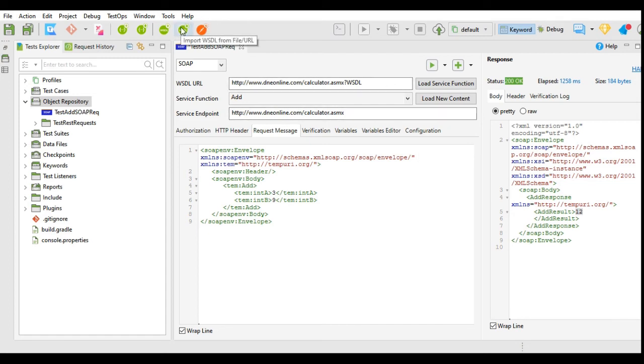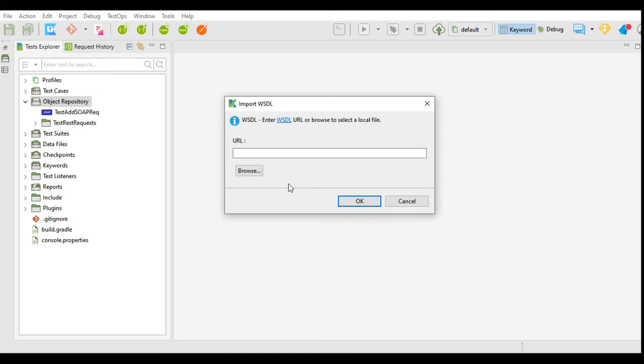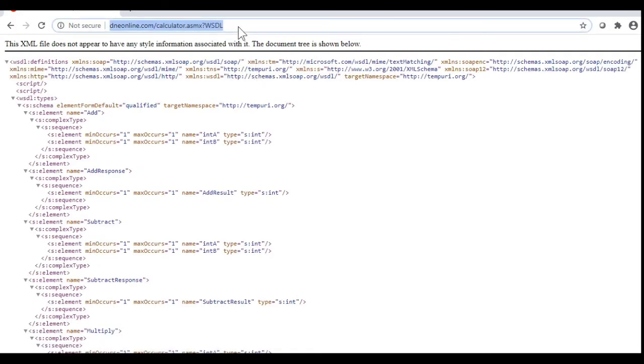But when we import the complete WSDL, then it imports all the services by default. Let's see how to work on WSDL import. I will close this and we will import the WSDL. Now I will give the same WSDL URL over here, which I will find in service description of dneonline.com.